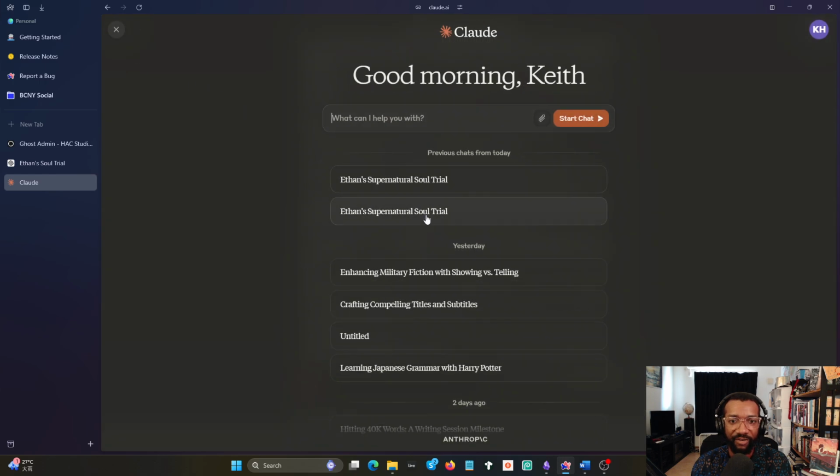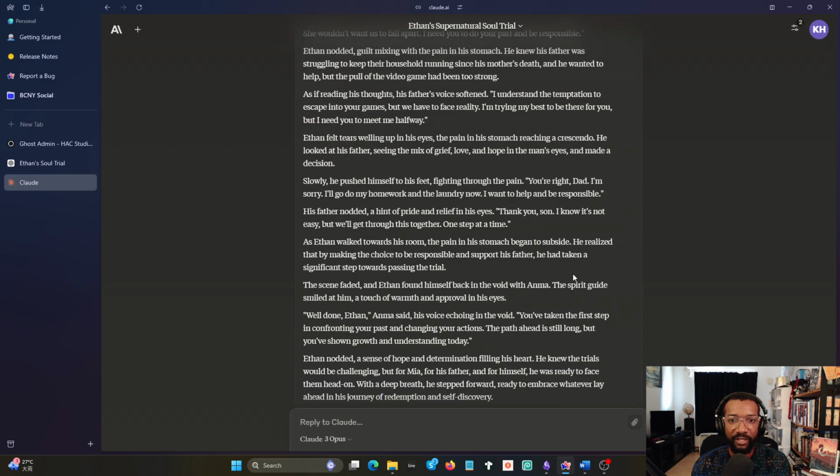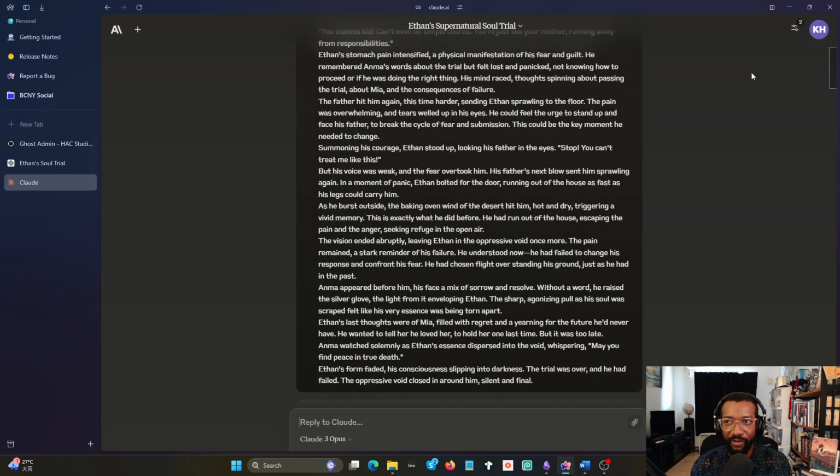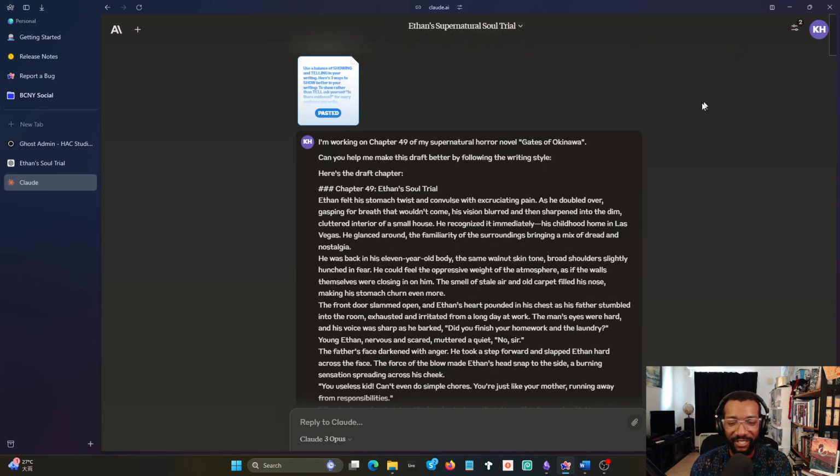It's because it's meant to be very human and very appeasing and very lovey-dovey and soft. I don't know if you've been able to read as I've been going through this chapter, but it's kind of dark, because the key moment that this kid is reliving is when his dad beats him up. And his dad is pissed off for many different reasons. I won't go into the whole backstory of why the dad's just an angry person, but this is his trauma, and that's what the whole soul trial that I created is meant for.